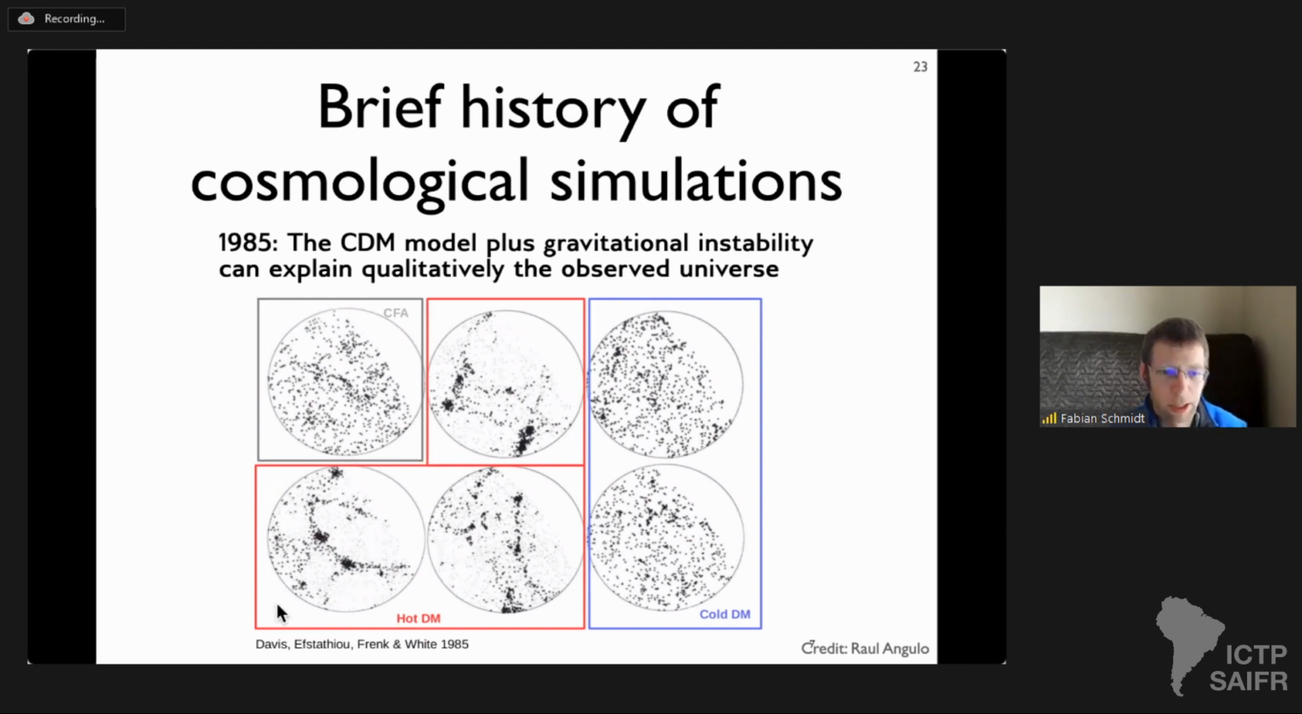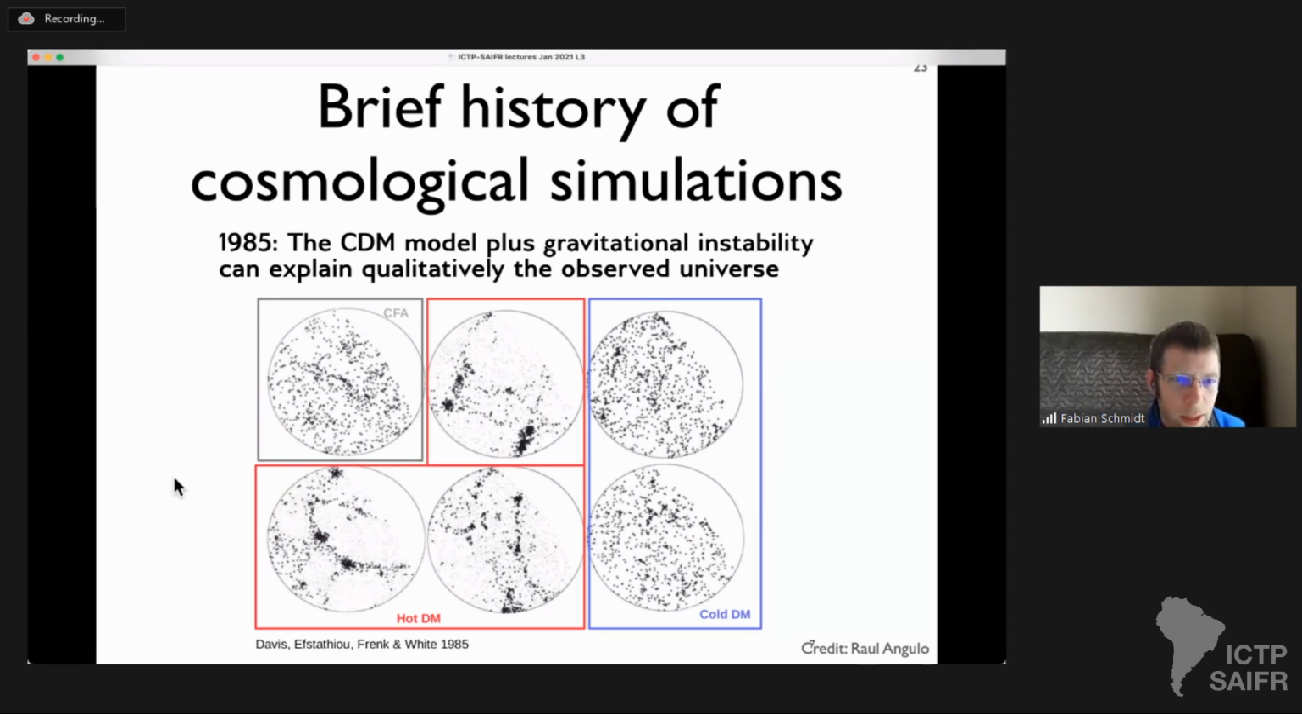For example, hot dark matter could clearly not describe the observed structure in the universe because it was so off in terms of the distribution of collapsed objects. So really the whole program of studying large-scale structure formation in detail and comparing with observations to get cosmology, that was started with these types of